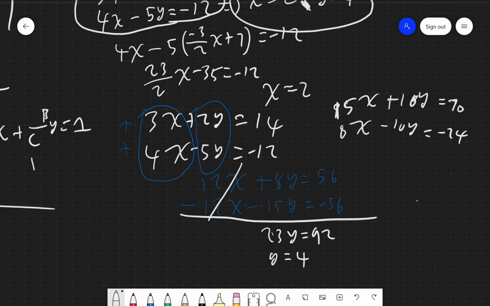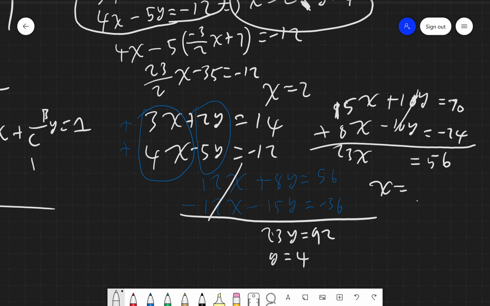Now notice that these sides are not the same, so we're not going to subtract them, otherwise we're going to get double. So what we're going to do is add them, because they're opposite signs, and we want them to eliminate. So we get 23x, these go away, and that's equal to 70 plus negative 24, 70 minus 24, that's going to be 56. So x equals 56 over 23, which is equal to,